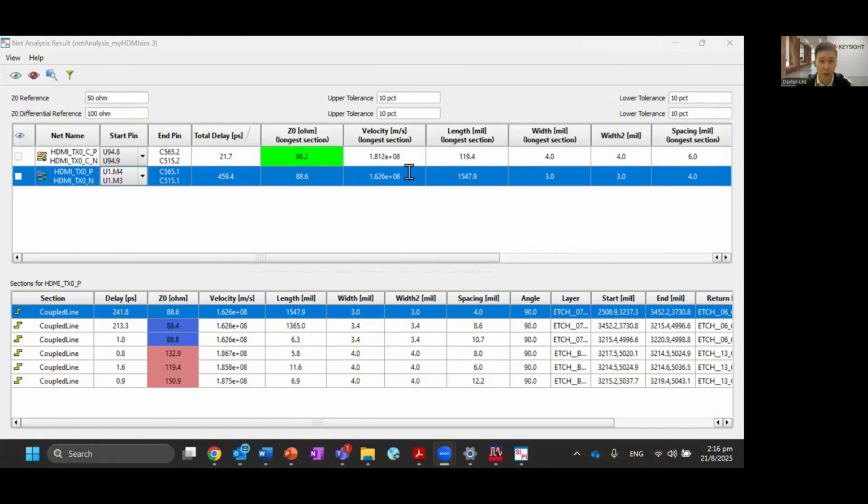Okay, so if you click on this trace here, you can see that at the bottom it divides that trace into different sections to make up that long trace. So 1547.9 is just one part of that long trace, just one section. If you want to look at the overall length, you either add everything up, or I